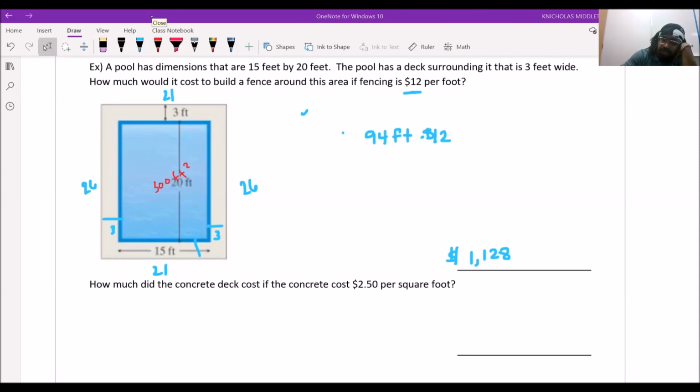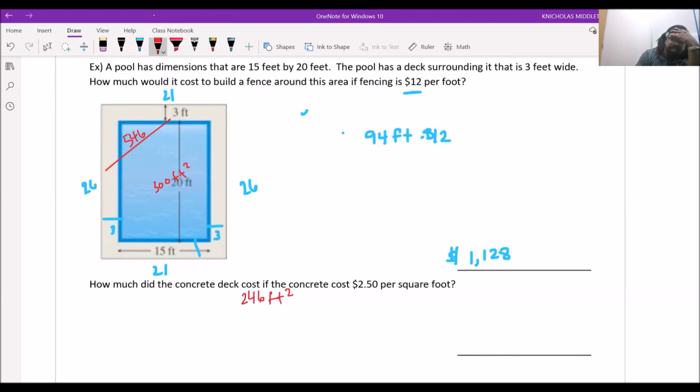21 times 26, 546. And so we see that this whole thing here should be, what would we say, 526 or 546? 21 times 26, 546. This whole thing here is 546. So if the whole thing's 546 and the pool's 300, then we can get that at 246. That's how many square feet